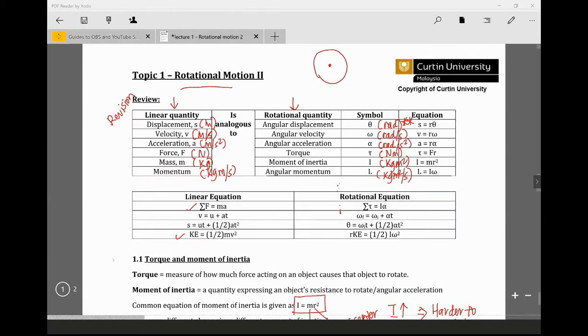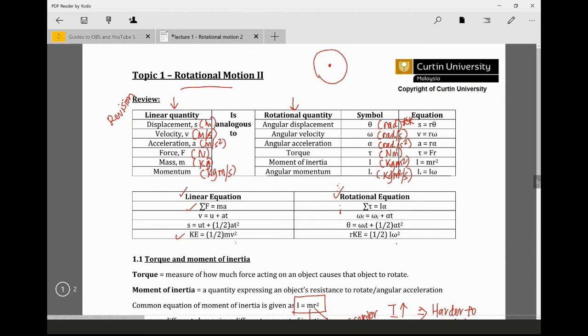Okay, so this is the equation, linear equation and rotational equation. The first equation, this one we will look at later. The net force applied on an object in order for the object to move equals the mass